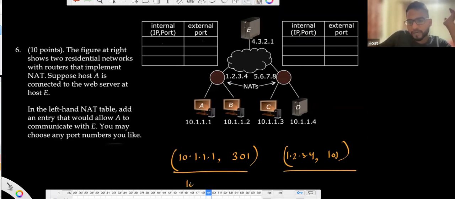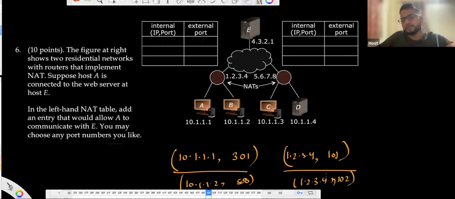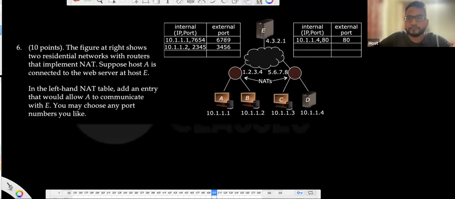Similarly, you can map 10.1.1.2, comma, maybe some other port 500, to 1.2.3.4 comma 102, something like this, right? That's what you can do. Okay, the IP addresses are not written currently, but that is fine. So this is the internal one, comma 80. Okay, D is also some server which is basically running on port 80,